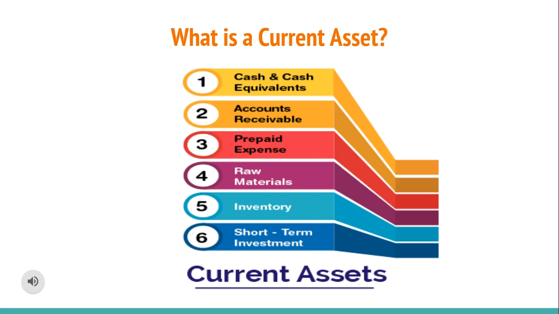A current asset is an item on an entity's balance sheet that is either cash, a cash equivalent, or which can be converted into cash within 1 year. Some examples are prepaid expenses, accounts receivable, or inventory. These items are typically presented in the balance sheet in the order of liquidity, which means that the most liquid